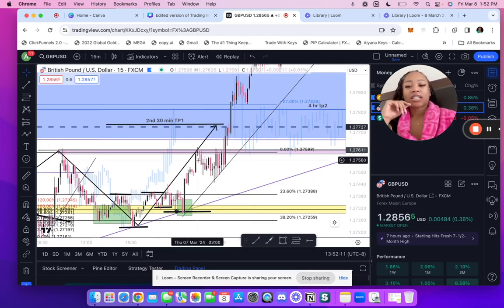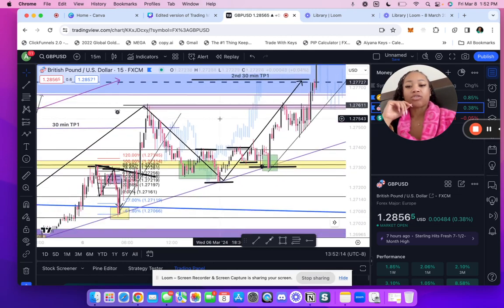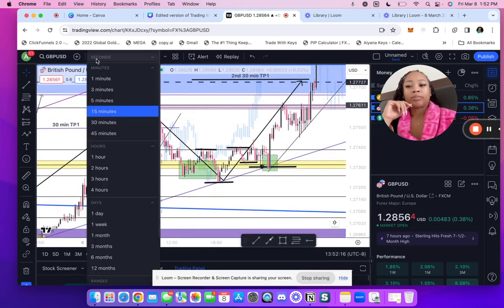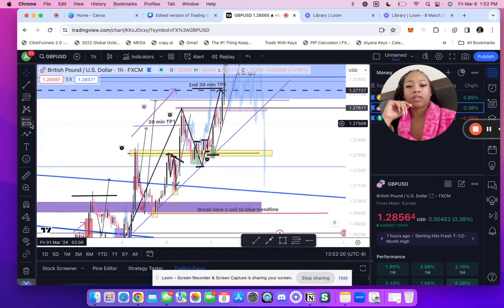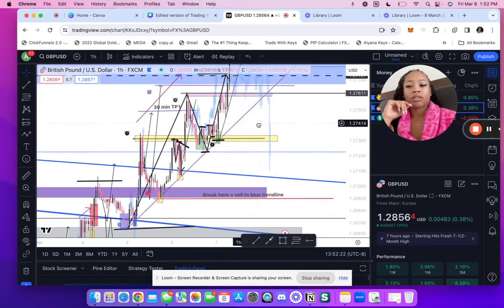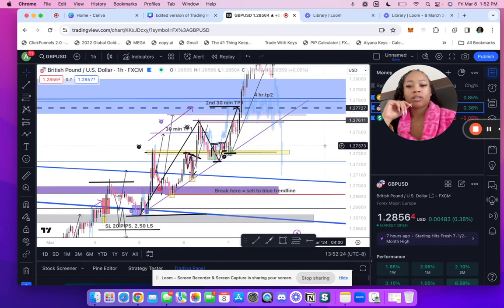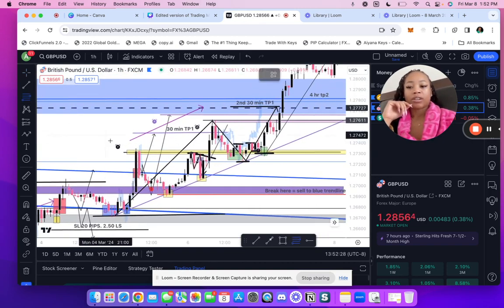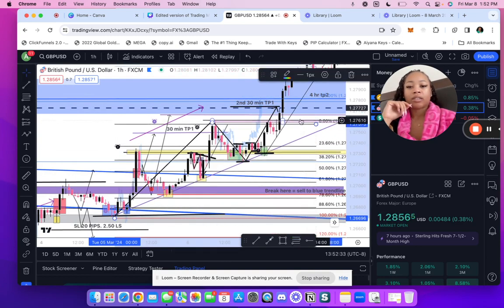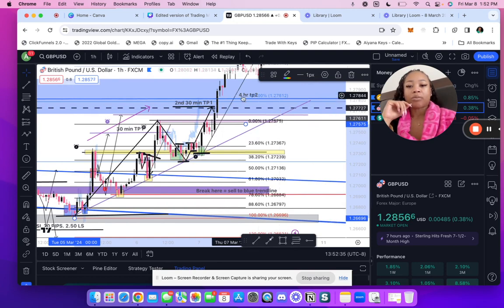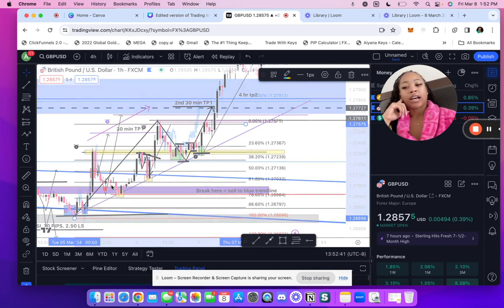And also that was just a line, this whole structure right here that I just drew out. Let me move this over. This was it right here on the higher time frame, like this. This was aligned with my TP1, was also aligned with my 4-hour TP2. So if you look on the higher time frame,